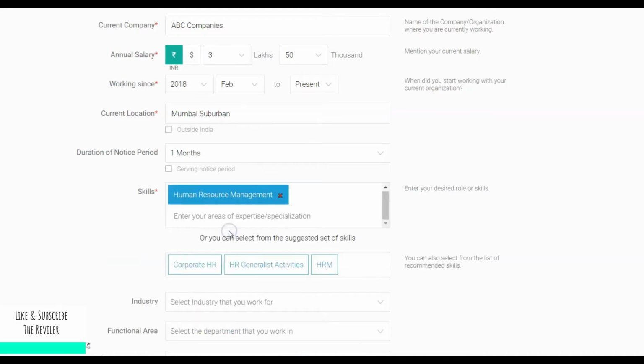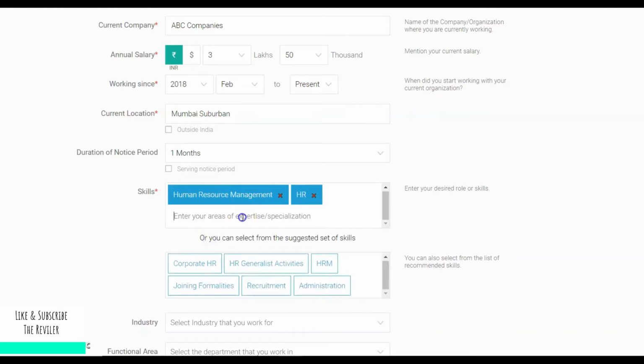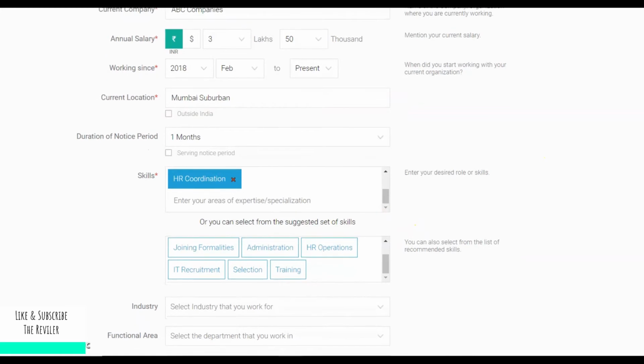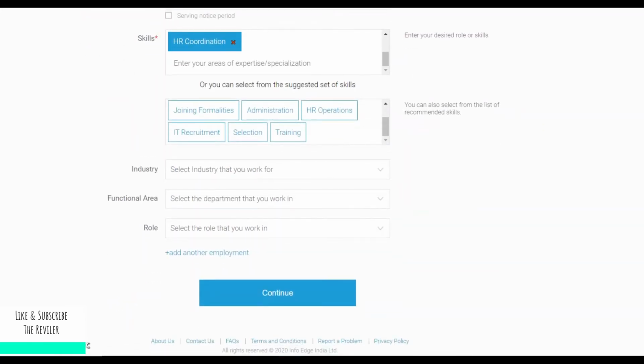I'll write here resource management, HR generalist, recruitment, and then this is my HR coordinator. Like that you can add your skills. Make sure you add all of your skills, do not miss anything. Training also I can add.